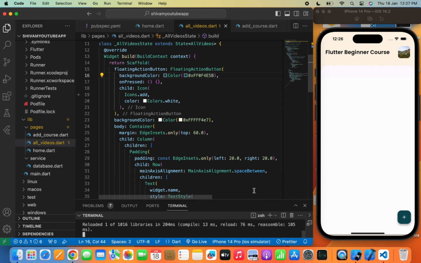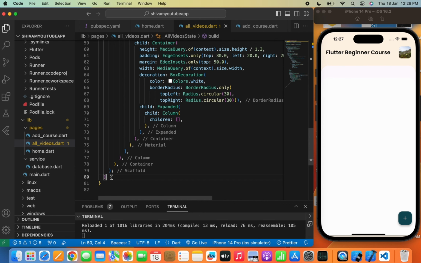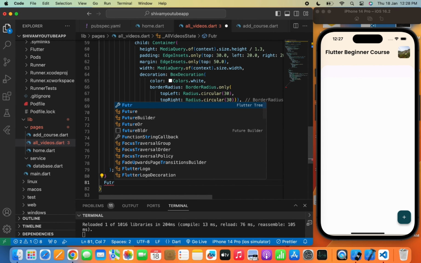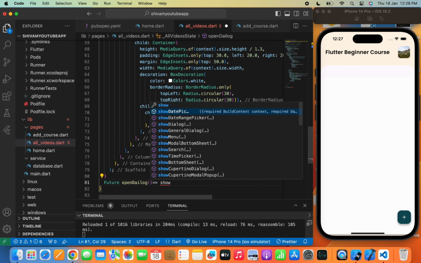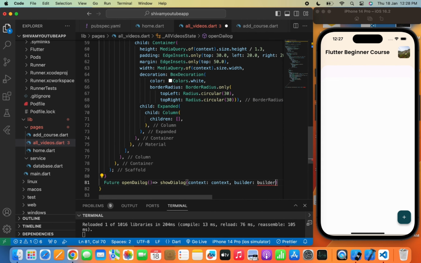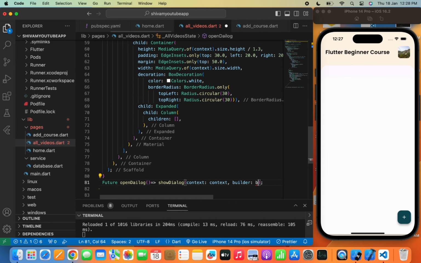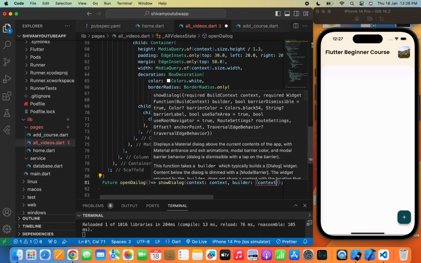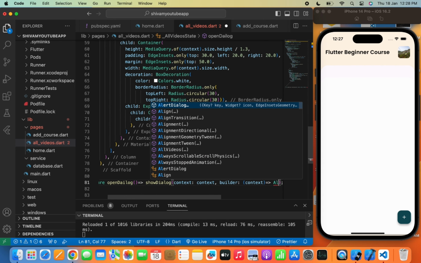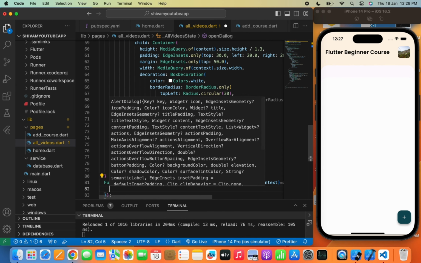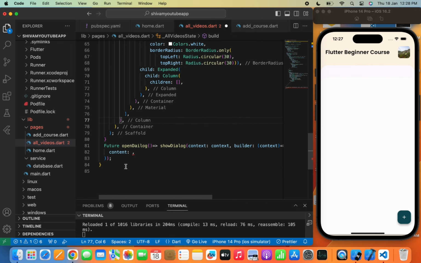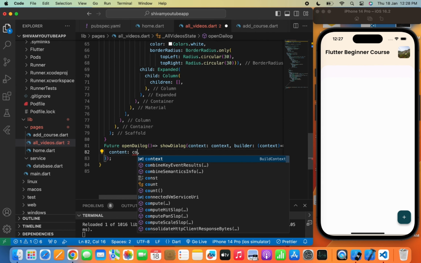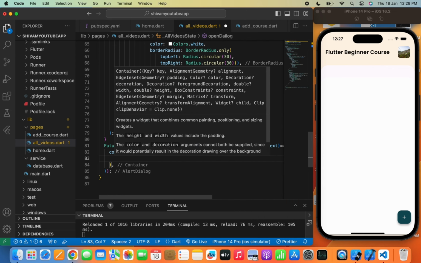button. Now I will create a dialog box here which will open when the user taps this floating action button. So we'll write Future openDialog, showDialog, context, and in the builder we'll pass an AlertDialog here. Now content, and in the content we'll first pass a container, child, column, children,